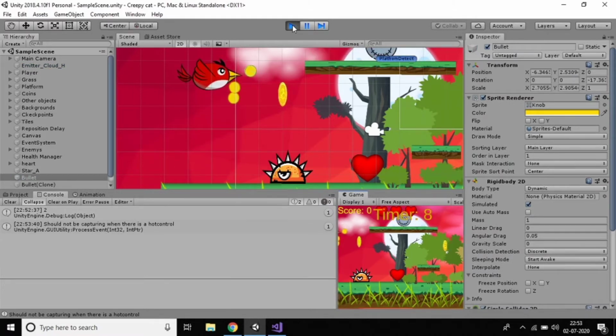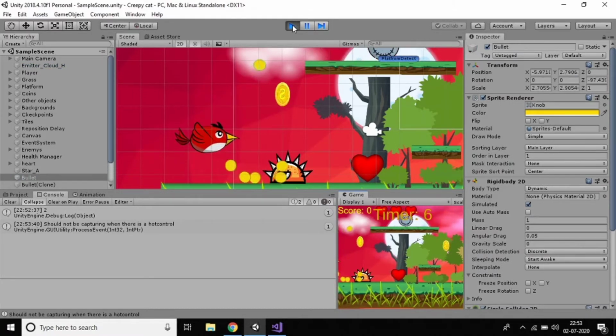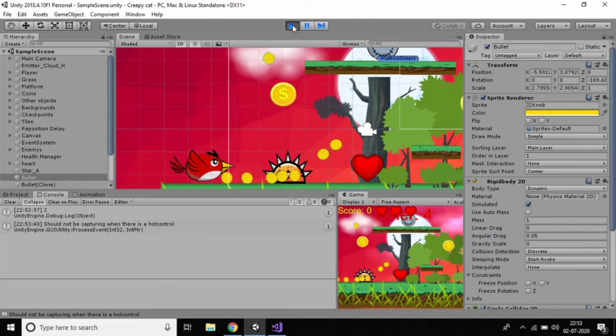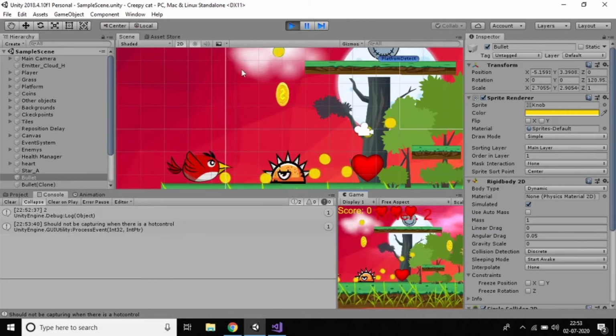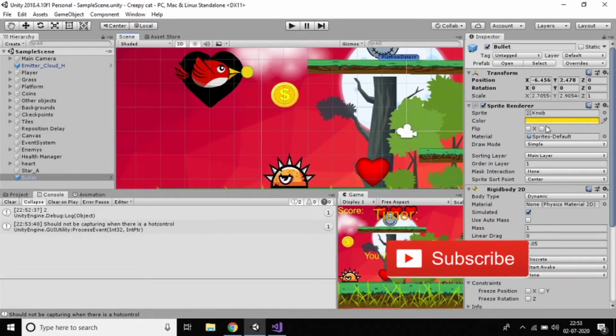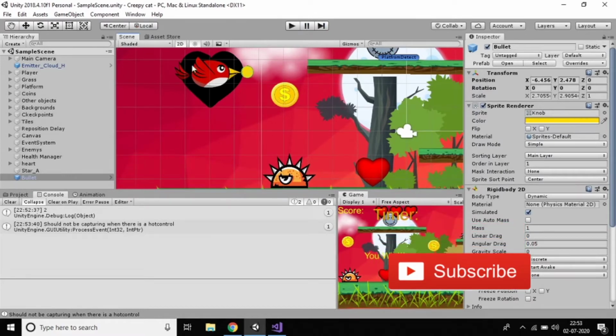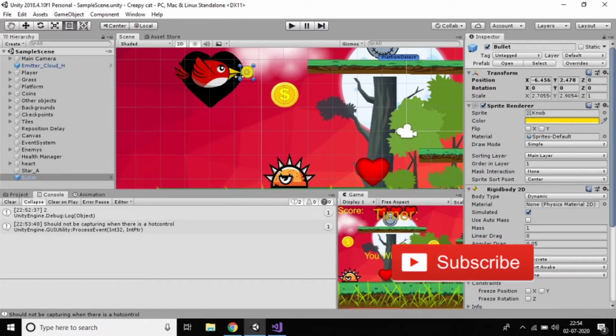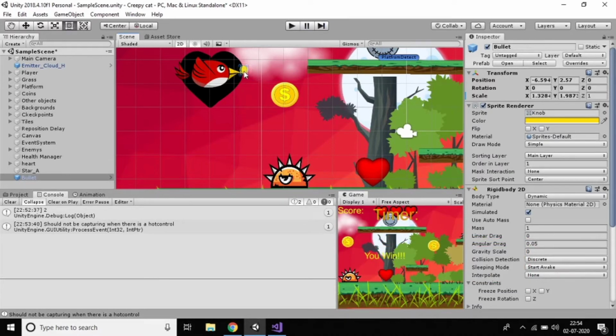And if I press, of course, yes, it's moving, right? It's moving, but it's moving very fast. So I think it's better to decrease the size because it's very big. So I'll decrease the size of the bullets, then we can move here.